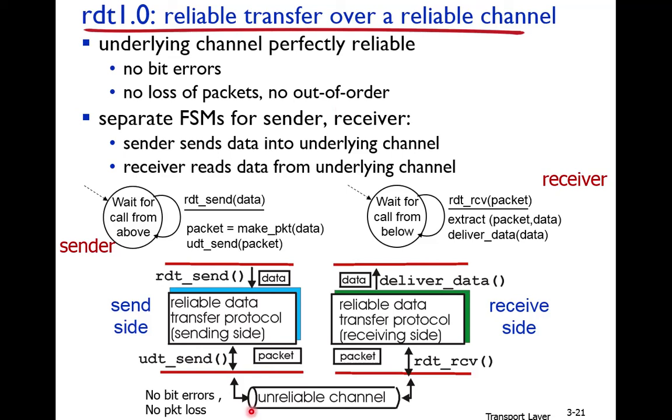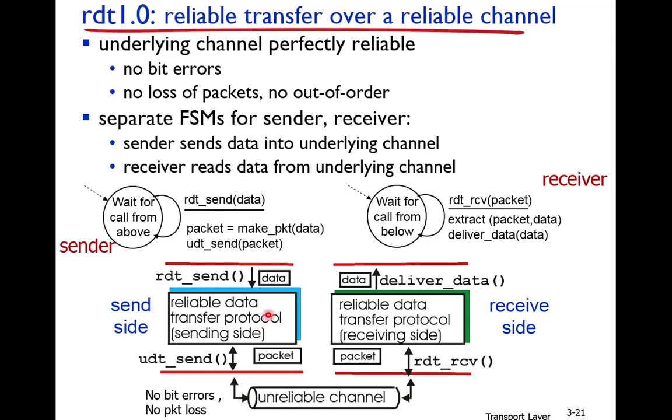So if this underlying channel moves the data, transfers the data, physically and reliably from the sending machine to the receiving machine, what should the transport layer do for reliability? The transport layer